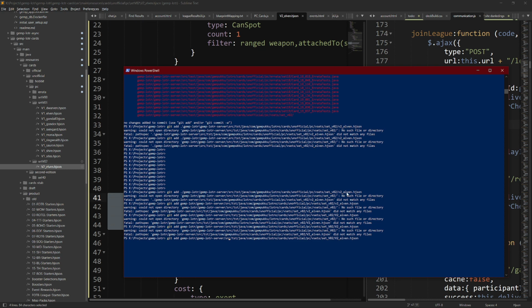Copy. Git add, paste, set v2, and then v2 elvin.hjson. Okay, so now if we go over to git status,